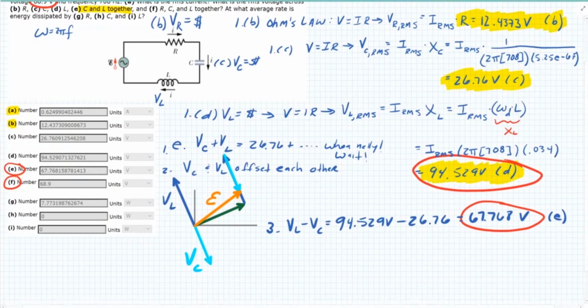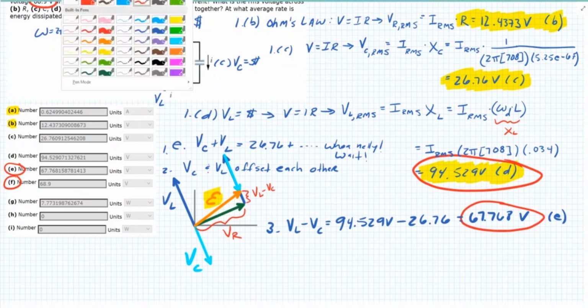Let's label here. So here's the triangle I'm working with. This is my hypotenuse. Here's the other leg of my triangle right here. This is VL minus VC. This triangle leg is VR. Okay, so to get the answer to part F, when we blend all of this stuff together,